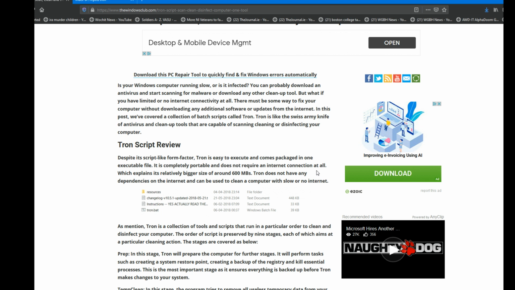Okay, so here again I correct myself. What they're saying is you don't need an internet connection, but you do need it to get it down onto your system in the first place, whether you put it on a disk or on a USB drive. Of course, if you've got it on a USB drive, you don't need an internet connection. Okay, so